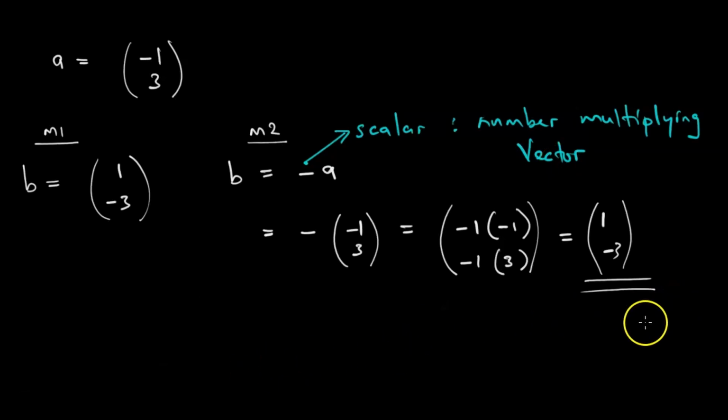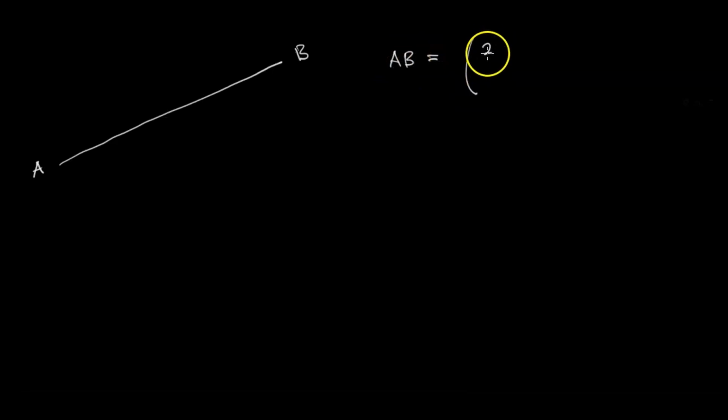Let us now go to another example. In this example, let us say we have a vector. Our vector is drawn like so. This is the vector line and it is vector AB. And vector AB is equal to 2, 1. Okay, to make it simpler, let us say this is vector AD instead. And AD is equal to 2, 1.